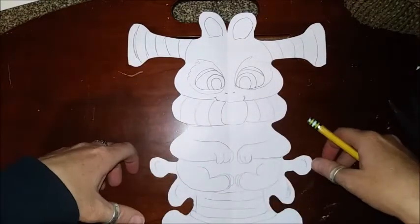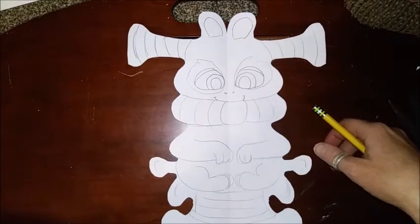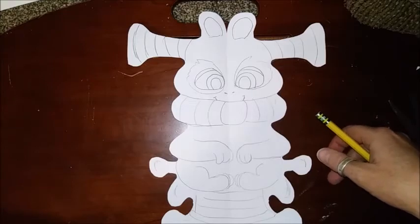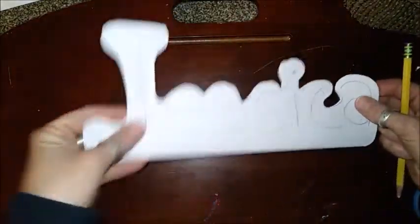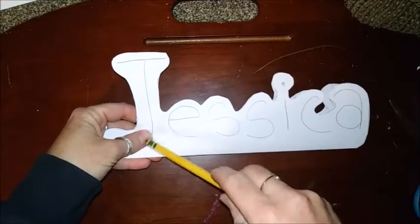but you can come up with anything you want. Doesn't necessarily have to be a creature like mine. It can be anything that you see. Maybe you see an animal shape in it. Maybe you see something else. Once again, you can always turn it upside down. You can turn it like this, and you can come up with a creature, and you can see how this can be pretty interesting how many things you can come up with,